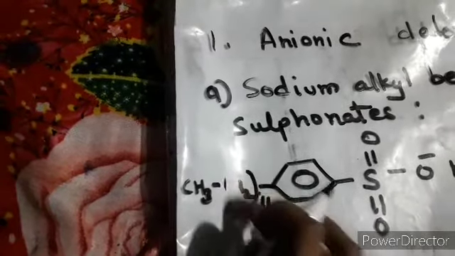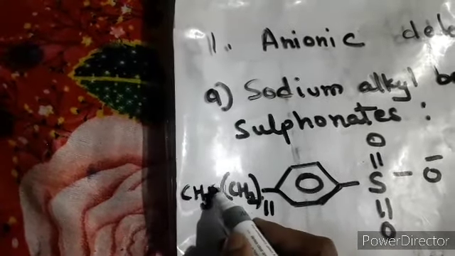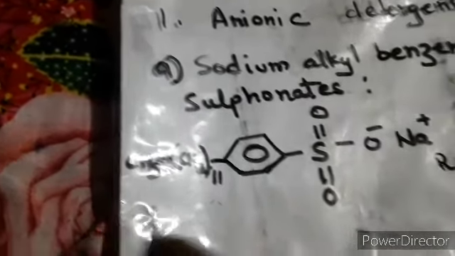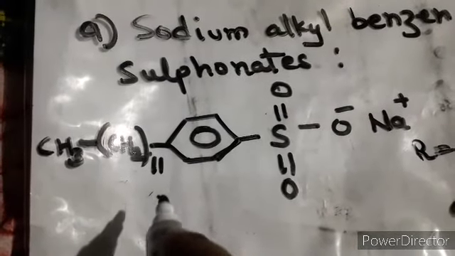CH2 11, and this is CH3. Again I'm telling you, please don't write down CH2 whole bracket and then put 12, because this will not balance your carbon atoms. You have to focus on the balancing of the carbon atoms also, right? So this is one of the examples which you can make, and by this you can make other formulas also.